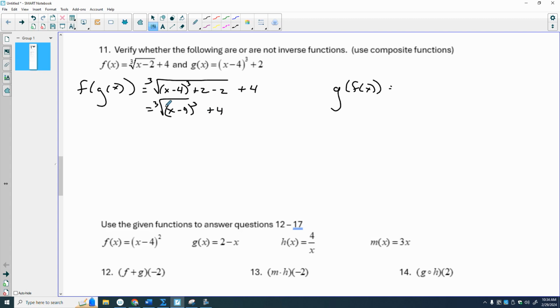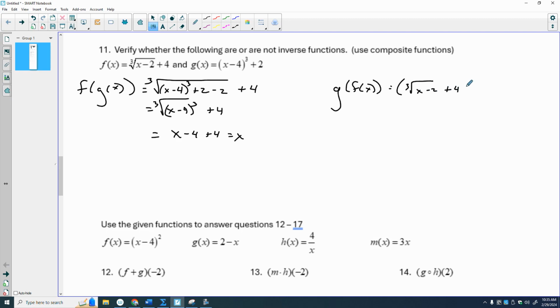Plus 4 outside. Cube root cancels. And I get x minus 4 plus 4, which is x. Just because it works here, we have not verified. We must show both. Now I'm going to take the f, which is a cube root of x minus 2